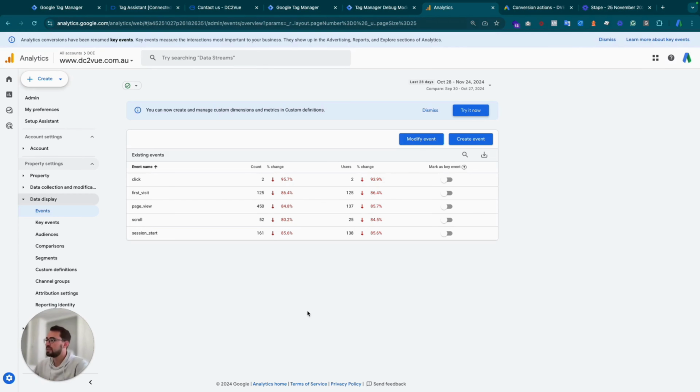to track. Once this has been added here, all you need to do is add them as main events, those that you want to, for instance, send to Google Ads or any other destinations. And you'll then need to configure your Google Analytics 4 account itself and link it to your other Google